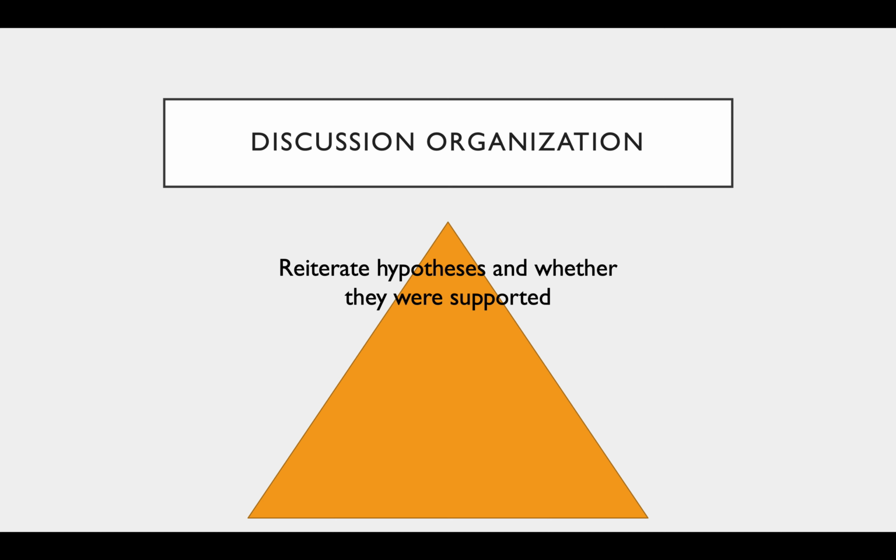Well, you're going to start again at the narrow point at the top of the triangle at the beginning of your discussion. You're going to be talking about and reminding your reader what your hypotheses were, right? It's been a minute since they've read about your hypotheses. Just remind your reader, what were you expecting to find? And then talk about whether or not your hypotheses were supported. Remember, we're not talking about them being proven in any way, just whether they were supported or not.